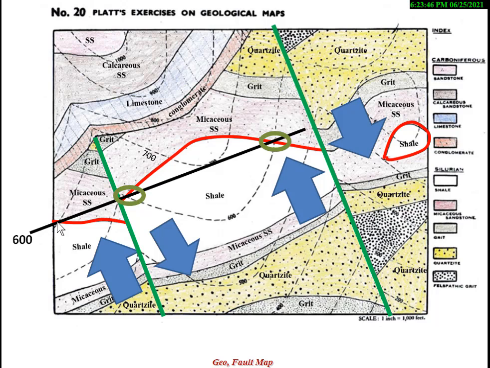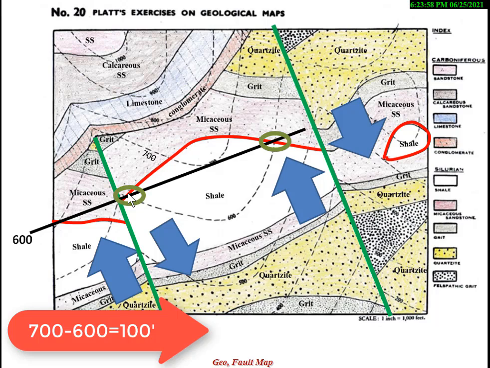See here, this value is 700, 700 touches 600. Left side value is 600. Along this straight line, if we move forward, let's see here, this is the 600. So the difference between 6 and 7 is 100 feet. Okay, so the difference is 100 feet. 7, 6. So this is a 100 feet surplus. So this is up throw and this is down throw.